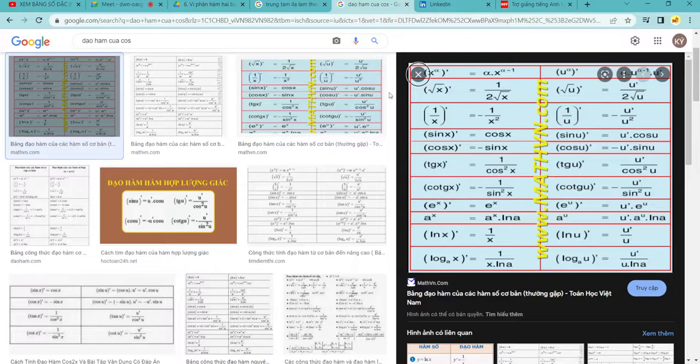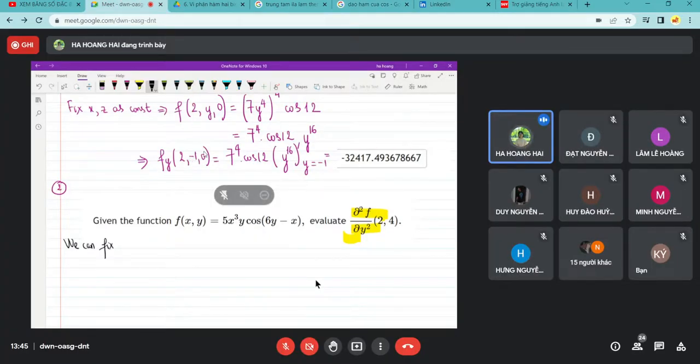All right, in these questions, we are evaluating a second order derivative, and you have to notice that we find the second order derivative with respect to y, and the 2 means that you have to find the derivative twice, right? And in both times, y is the variable and x is constant. So it means that we can fix x firstly, because both times